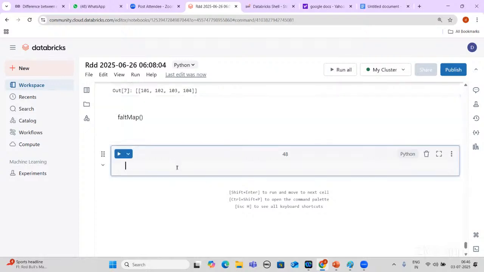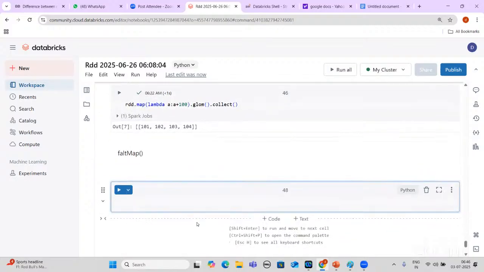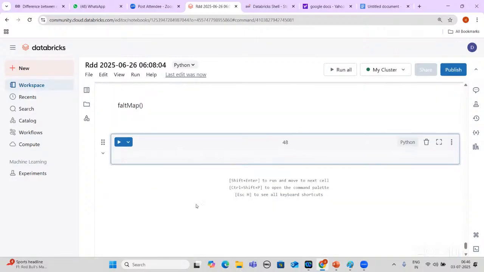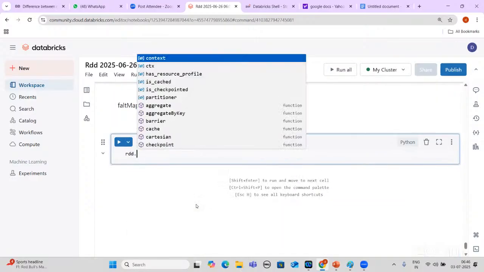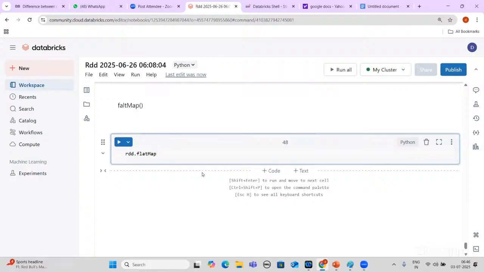Flat map function. For this, we have it on RDD. I'm just specifying it on RDD, the same RDD I'm using. RDD dot flatMap. See, I have got it. Inside that, instead of map, I'm giving flatMap, lambda x, x plus 10, x plus 20.